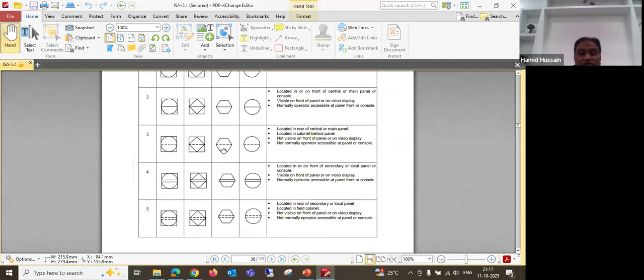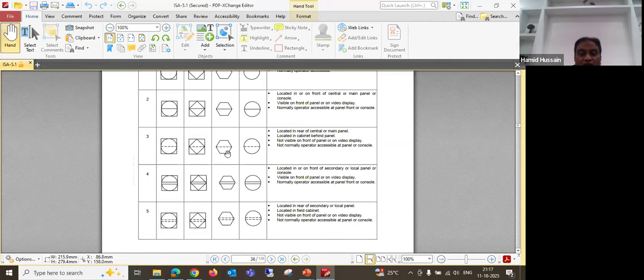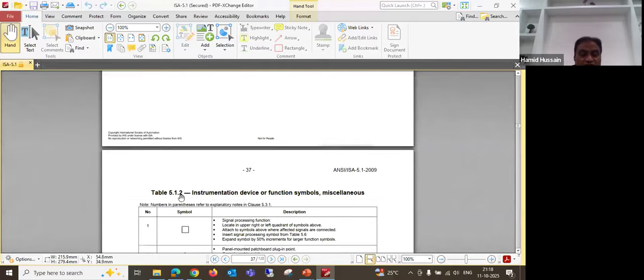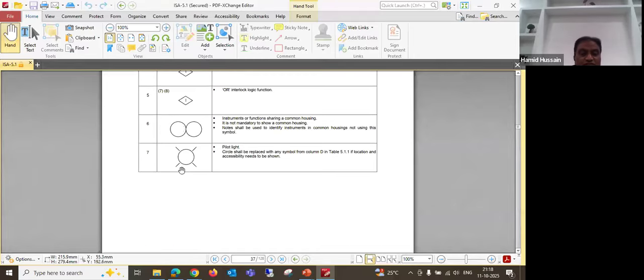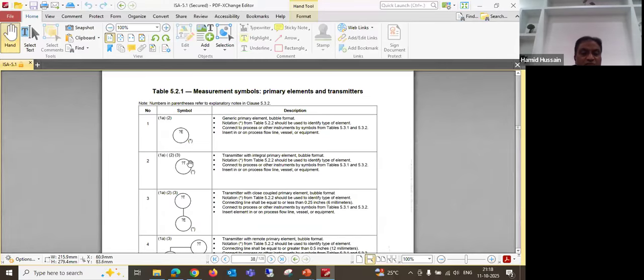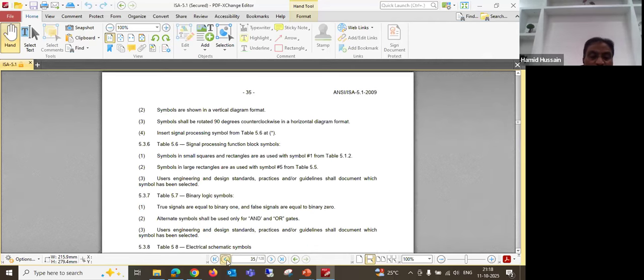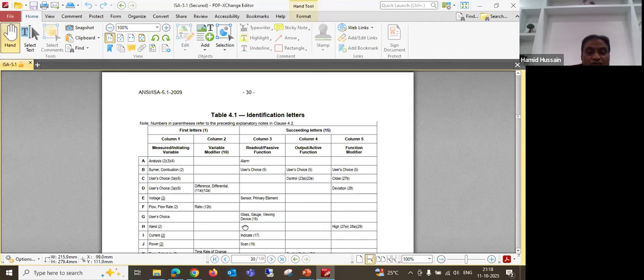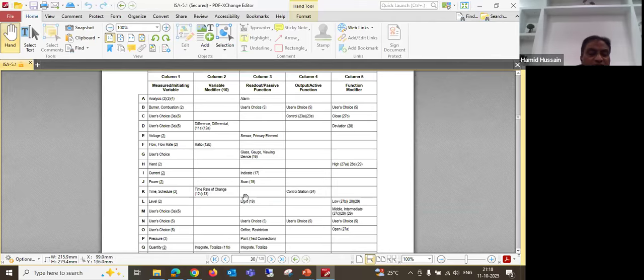And if it is dotted, it means it is located at the back or not visible on the front panel. So these are the different symbologies, and this is for example a pilot lamp, and here for example a measuring symbol. If it is a circle in the P&ID, and the second letter is E, then PE is pressure element, TE is temperature element. The first letter T is temperature, and the second letter T is temperature transmitter. If you want to see those things, we can just go here. This is the identification. If I say a temperature transmitter has to be written in the P&ID, for example,